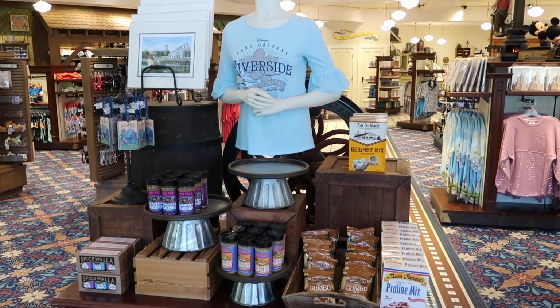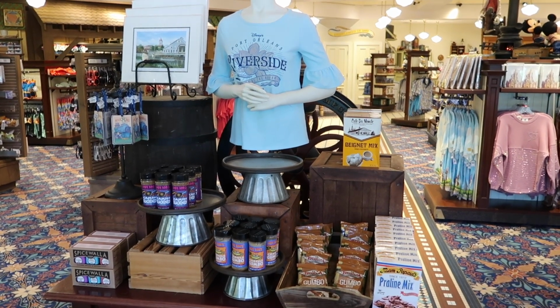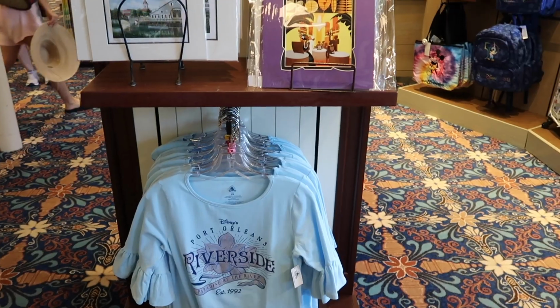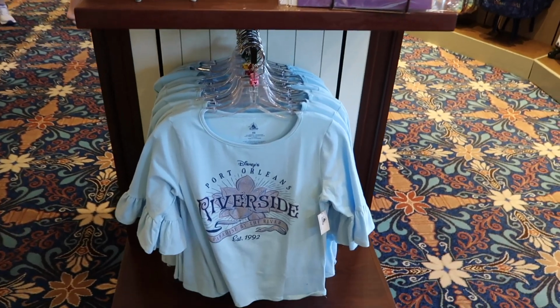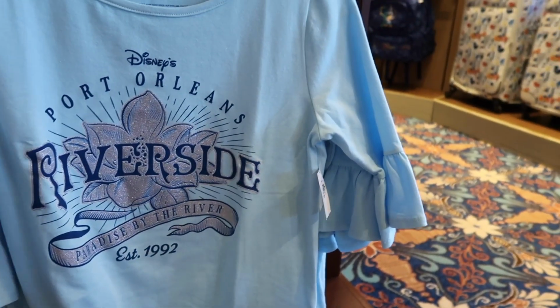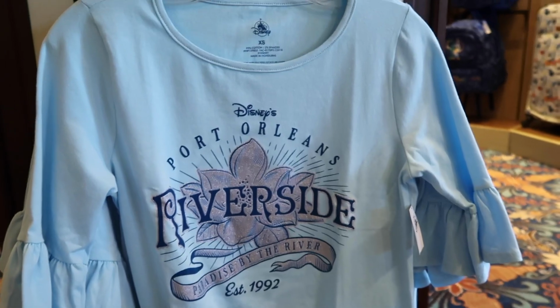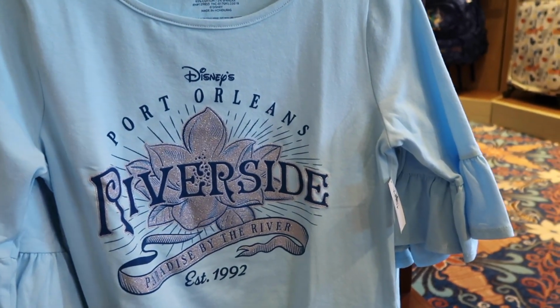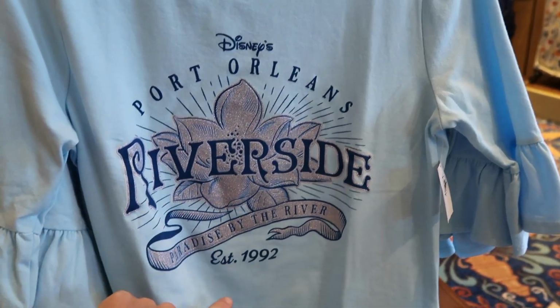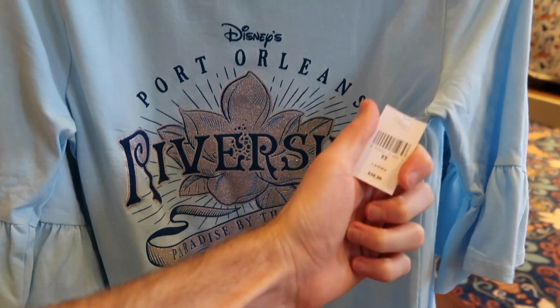So if you guys have watched any of my past resort videos before, I like to look at the exclusive merchandise for that resort instead of just looking at the entire gift shop, because it would take too long. But we're starting with this shirt over here, kind of cool too. I'm not gonna lie, I got Little Mermaid vibes just by the way that sleeve is. I know it has nothing to do with Port Orleans, but here's a Port Orleans Riverside shirt, established 1992, and this shirt is